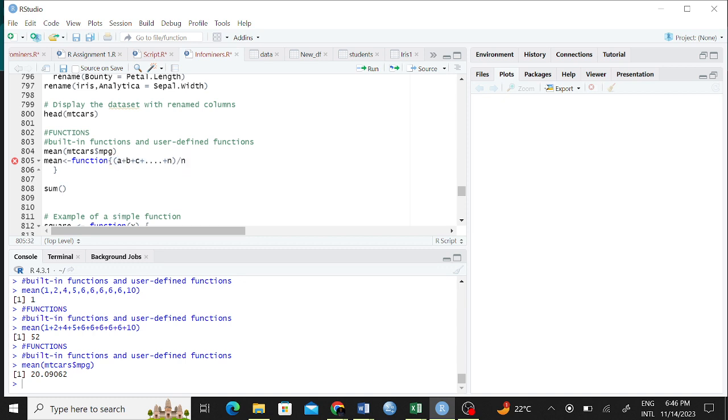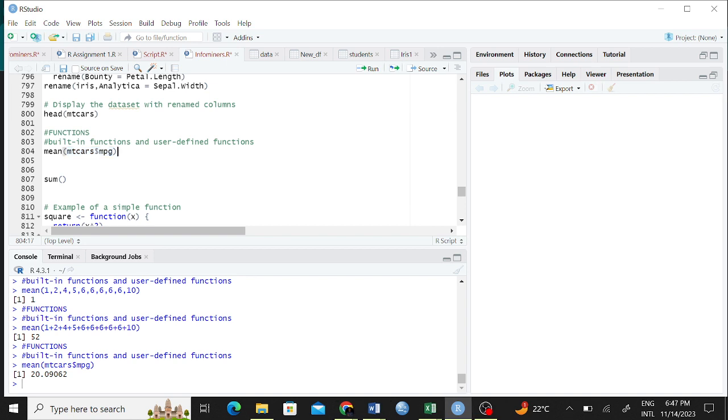And it brings you the output. That is what has been programmed there, so that every time you call this mean function and input a certain value, it sums all those things and divides by the total number of data points that you have.